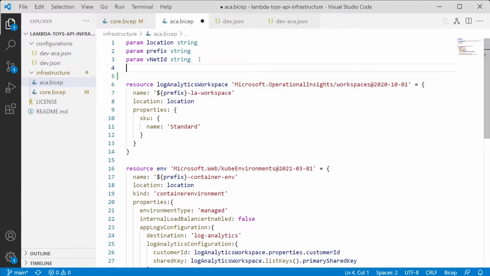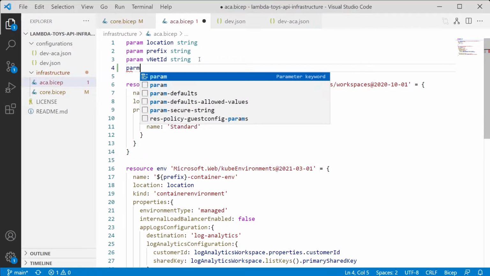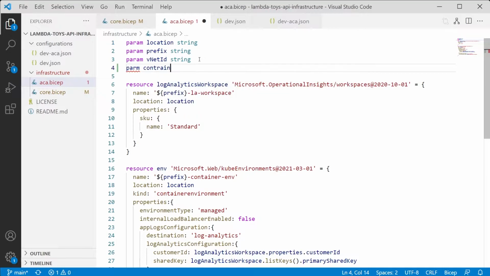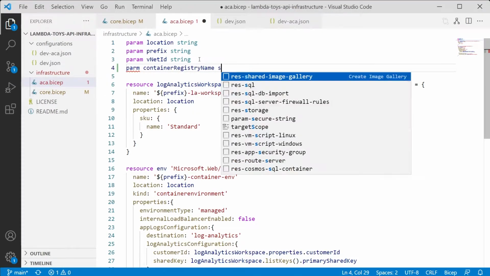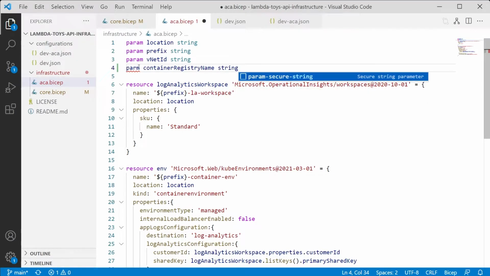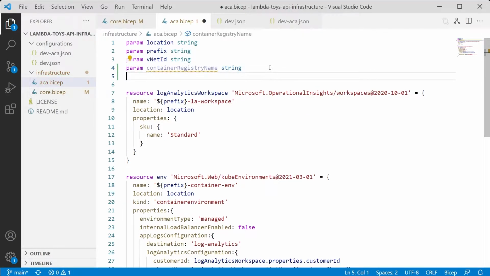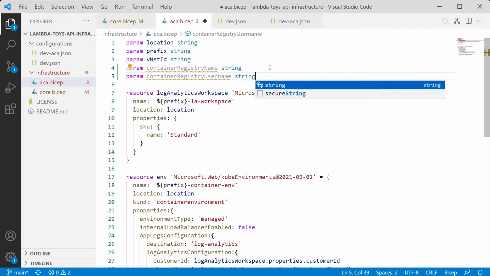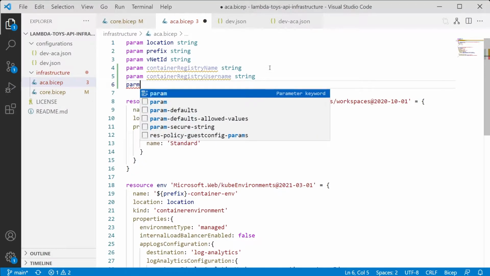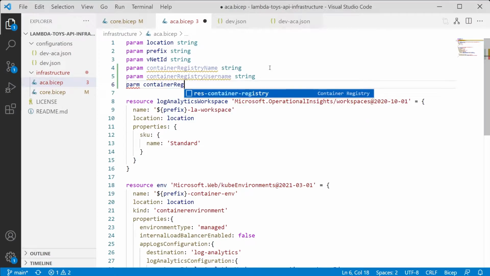So we need a few more parameters. Firstly, we need some information about the container registry that we are going to grab the image from. So we need the container registry name. We also need the container registry username. And we also need the container registry